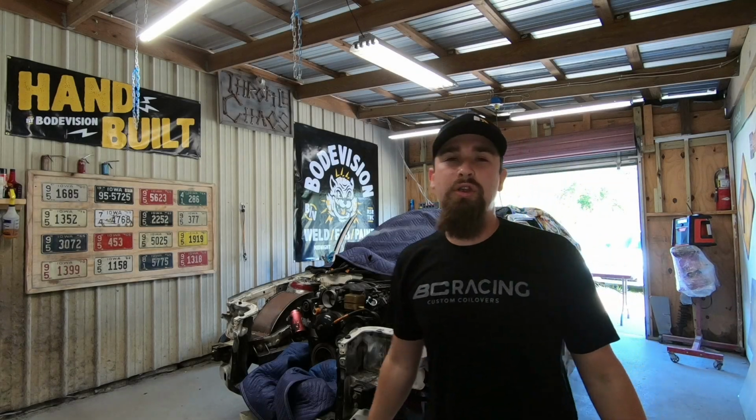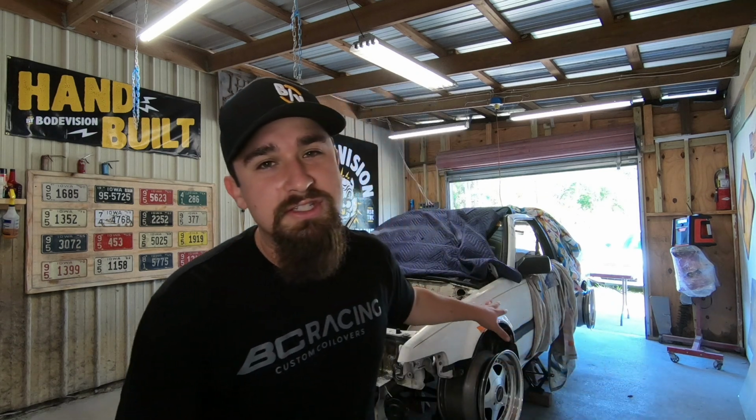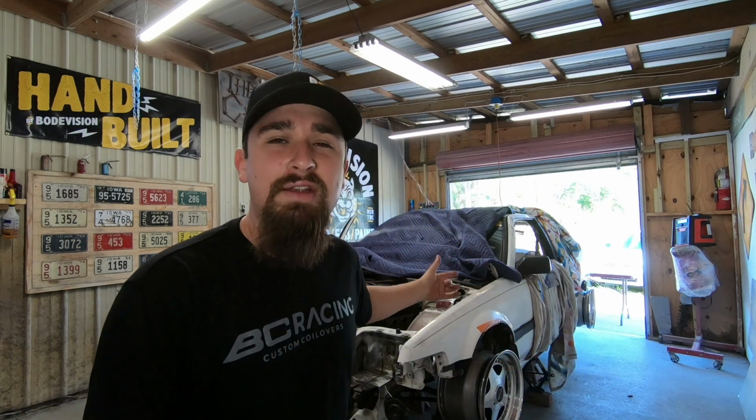1988 Honda Accord. We wanted to focus on making everything work. We got the motor in there, all the suspension in there, front and rear, everything is looking really good. Now we got to kind of shift gears a little bit and not just make things work because they already work. We got to go ahead and finish everything out. I want to build up the trans tunnel. I'm going to build a tunnel for the drive shaft, and I'm going to do all of this just by